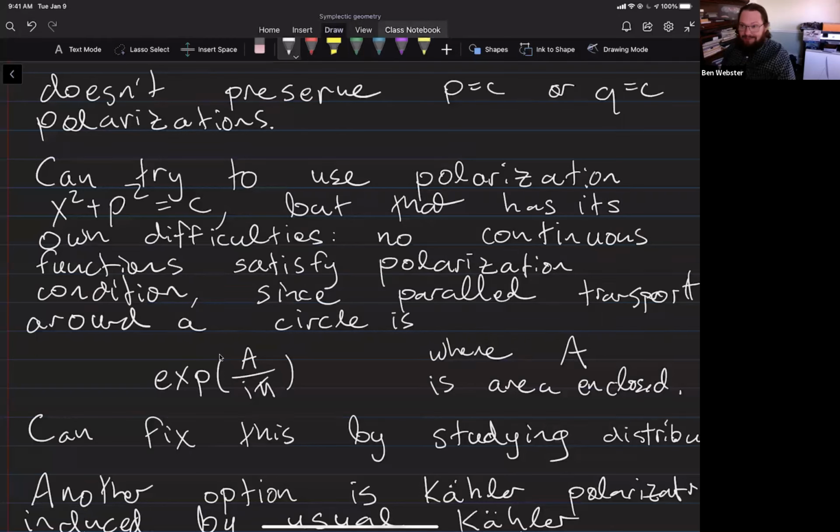So I'm in real trouble. Now, there is a fix, which you can say, wait a second, L2, that's bigger than just continuous functions. There are things in L2 which are not continuous functions, which are like delta functions, where you get closer and closer to all being supported on a circle. And there are things like that in L2, which are preserved by parallel transport. So this situation is savable, but it is complicated.